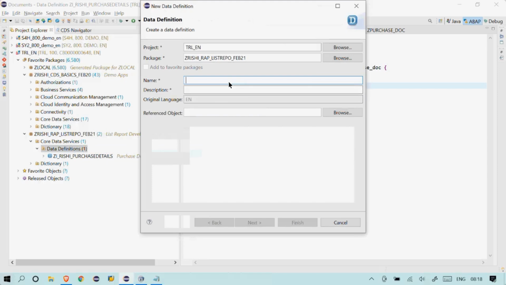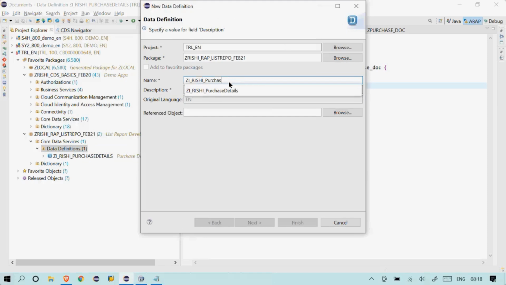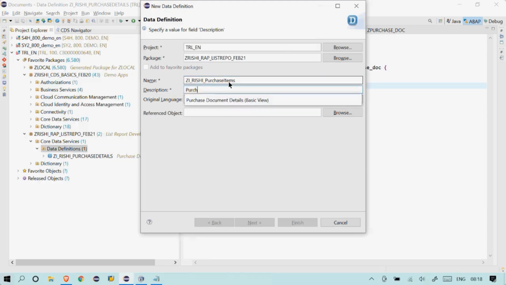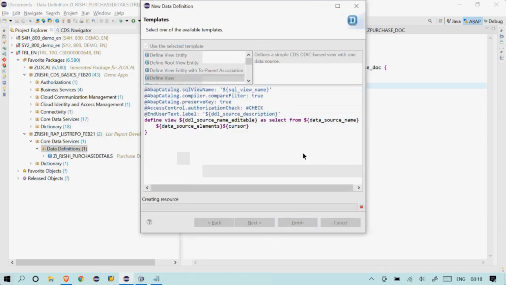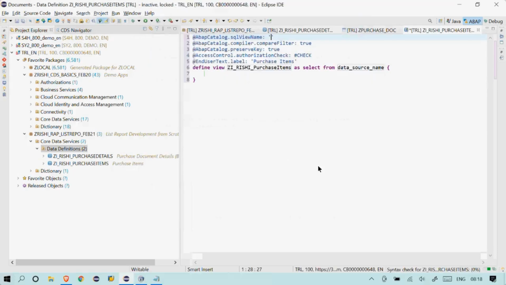View definition, ZI receipt purchase items. Click on next and finish. So this will be on top of my table.